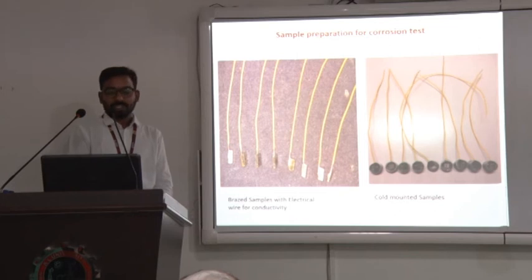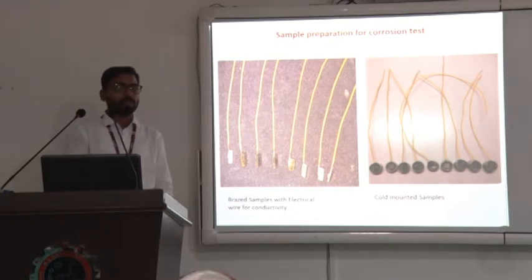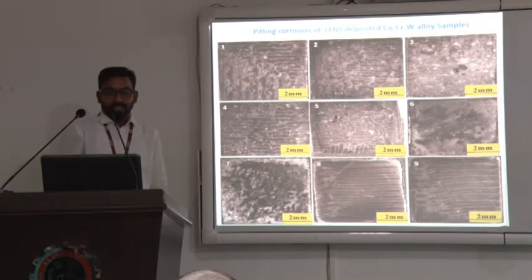These are the samples prepared for corrosion testing. Each sample is brazed with a common electrical wire in order to let electric current pass through at some voltage. And the samples are cold mounted, leaving the top surface exposed. We are measuring the corrosion on the top surface of the samples. These are the pitting corrosions. The samples after corrosion were inserted into Hank's solution for a period of time and then removed, and we observed